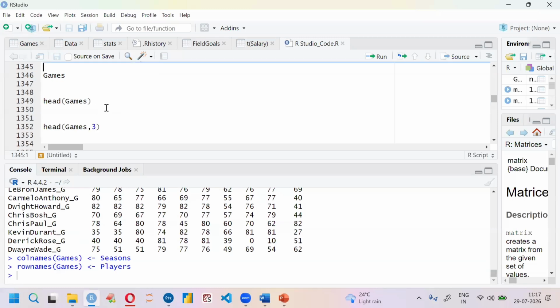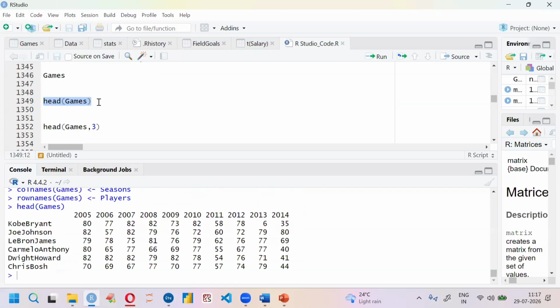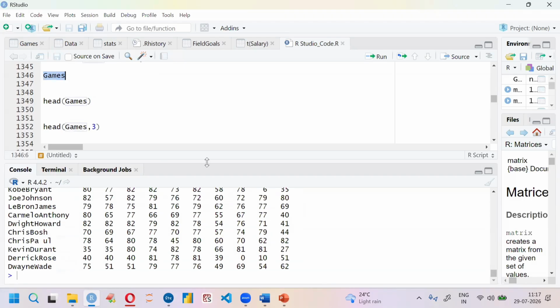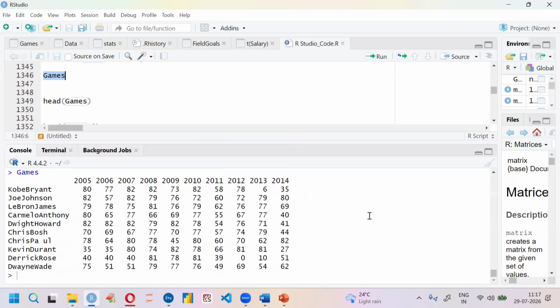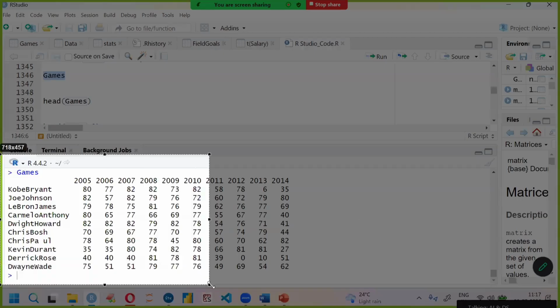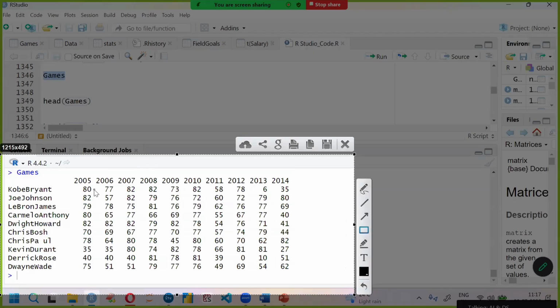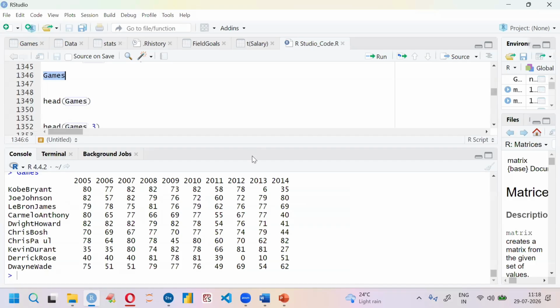So now if you see head of games, I already told you what we will get: top six rows. See, top six rows. So games. See, this is games. Okay. So if you observe here, Kobe Bryant in the calendar year 2005, he has played 80 games. In calendar year 2006, he played 77 games. In calendar year 2007, he played 82 games and so on. Okay, so this is the story of Kobe Bryant. Okay. Now,